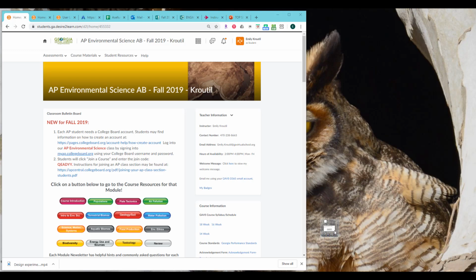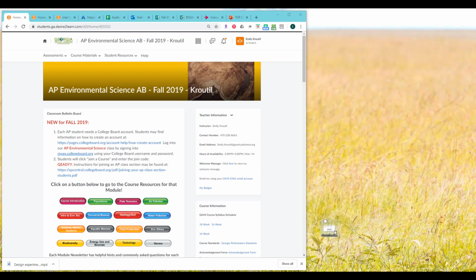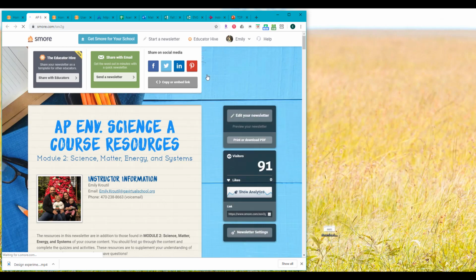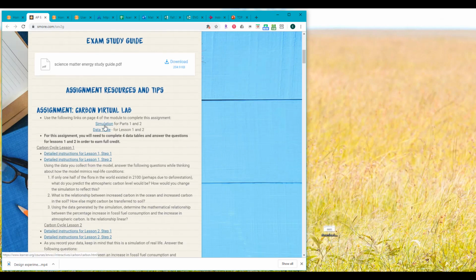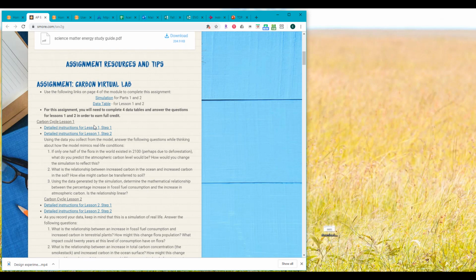Okay, so what I'd like to do is walk you through the carbon cycle lab. I always get a lot of questions about that lab each semester, so let's see if we can clear that up for you. The best way to get to this lab, I think, is I just click on this course resource newsletter right here, and it has some information for the carbon cycle lab. I think the instructions in the course are not super excellent, so I'd like to use these detailed instructions for the different steps, and then